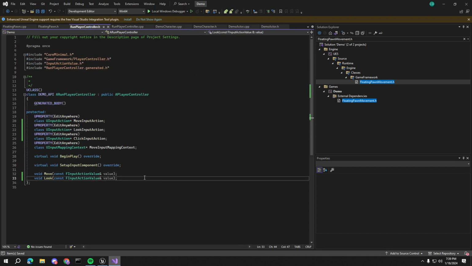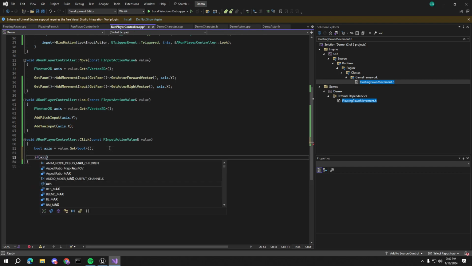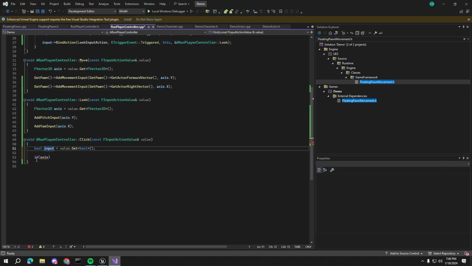And then void click, const FInputActionValue& value. So FVector2D axis... sorry, bool input is equal to value dot get bool. If input is true, meaning na-click niya, I will,